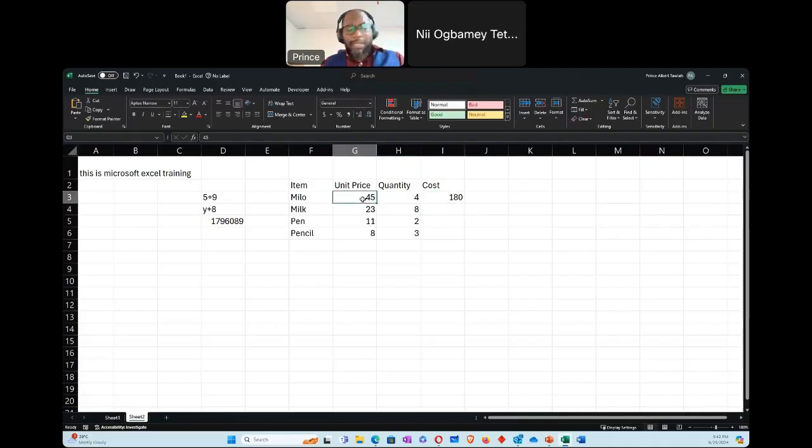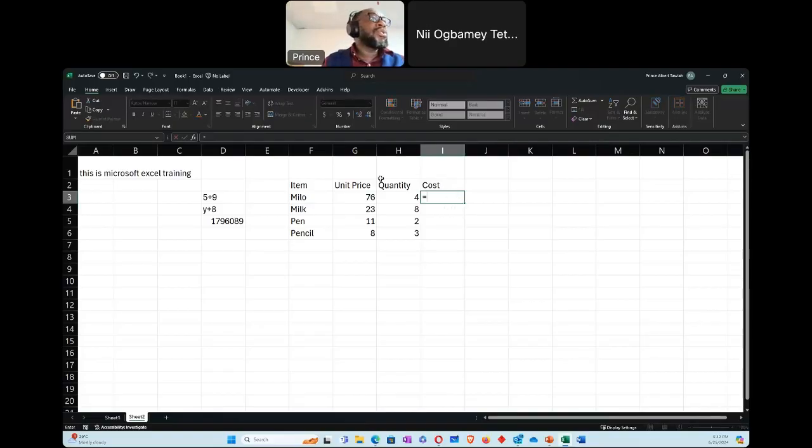But if this unit price changes, this value will not change because I specifically told Excel to multiply 45 by 4. But instead of using the content, if I use the cell names, so over here, I'll say this is equals to, this is cell J3.